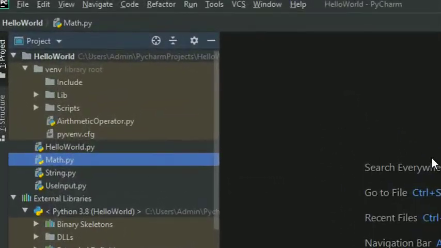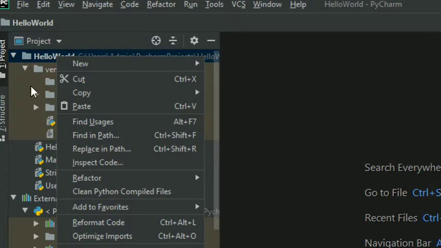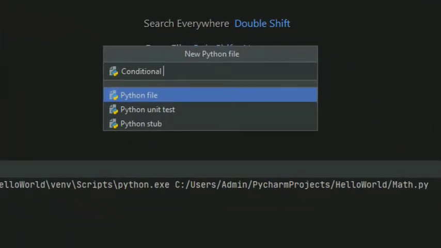Hey, welcome back again. We are going to discuss the conditional statement, where I will walk you through the if-else, how if-else works in Python, and we'll try to understand those conditional operators. So let's look at here. I'm going to create a new file and give it a simple name, so let's call it conditional statement